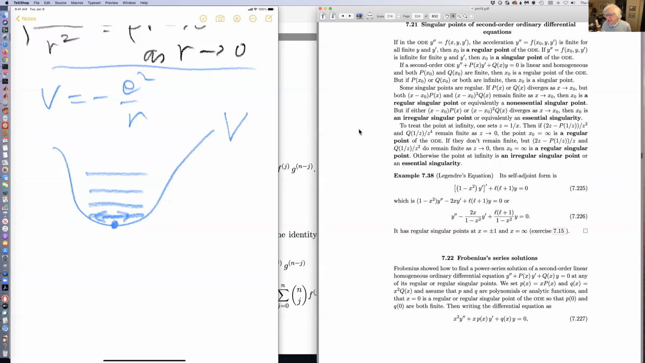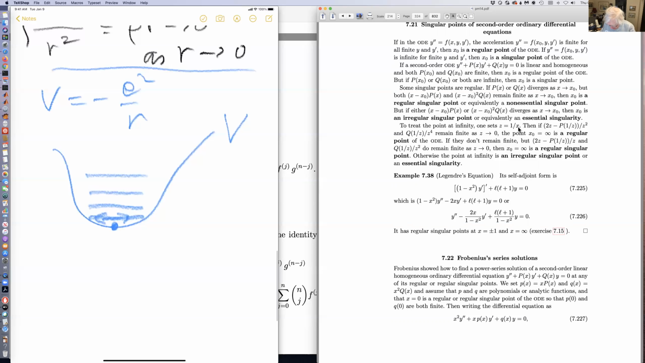And now the question is, well, what about as you let x go to infinity? When x goes to infinity, you'd expect that P of x and Q of x might become infinite, and therefore the acceleration would become infinite. So what people do, and of course people don't want the variable that they're talking about to be infinite,